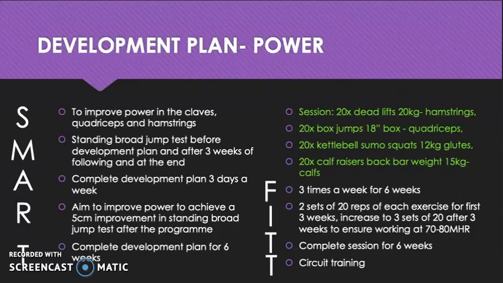She must complete the circuit 3 times a week, and the intensity is in the anaerobic threshold, and therefore the athlete will need to be working at 70 to 80% of her maximum heart rate. This will be maintained by adding an additional set after 3 weeks of training if her standing broad jump test result hasn't improved since the starting result, the one she got before she did the plan. The session will continue for 6 weeks and will end with a final standing broad jump test, which is why the session is time bound.